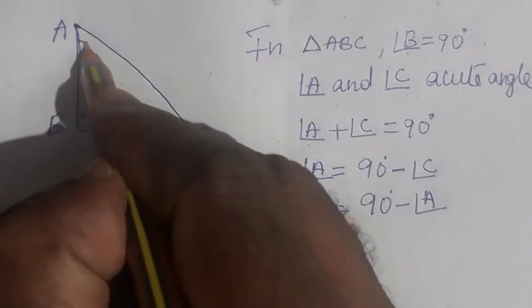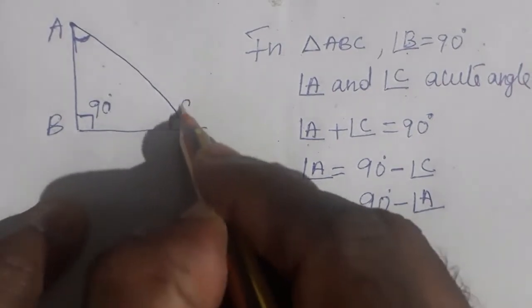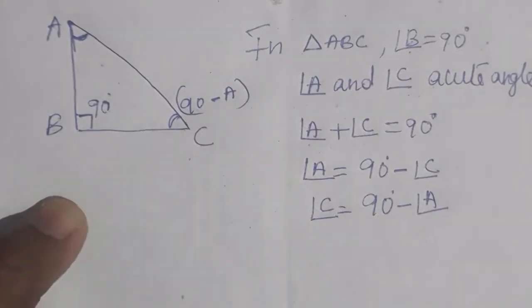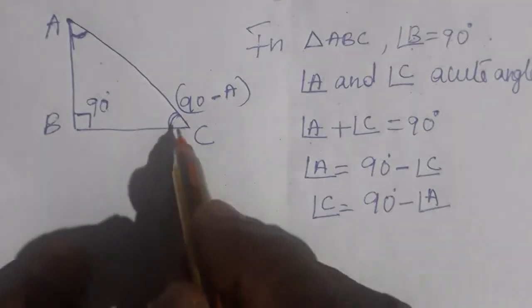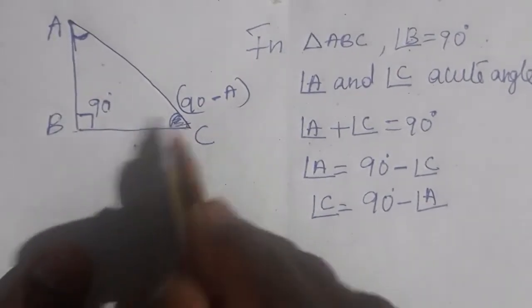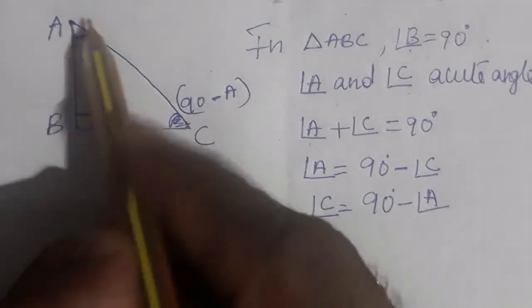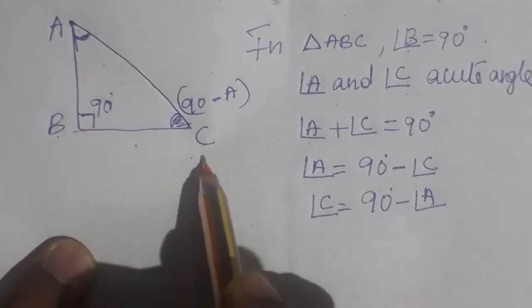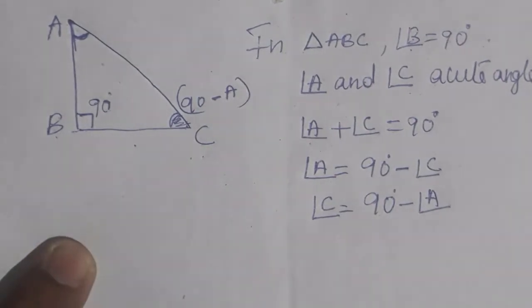So, suppose I consider angle A is acute, then angle C will become 90 minus A. Now, with reference to C, BC will be adjacent and AB will be opposite. The complement of C is A. With reference to A, AB will be adjacent, BC will be opposite. So, keeping these two points in mind,